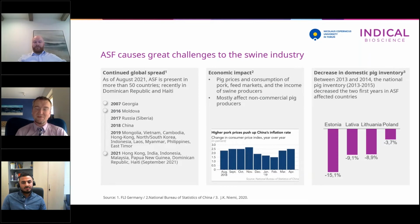Then the disease reemerged again. So that shows that African swine fever cannot be controlled using normal and obvious methods of eradication. Of course, it has a huge importance when it comes to production of domestic pigs in any affected countries,